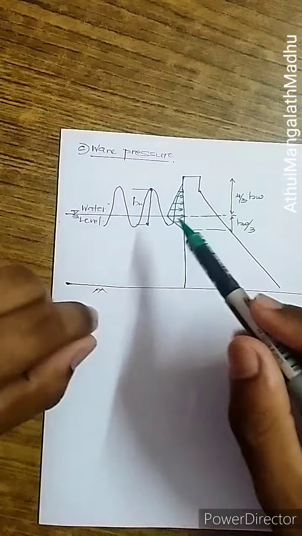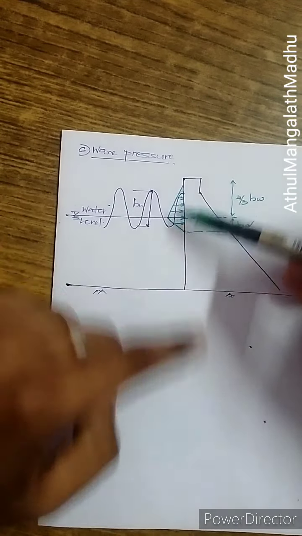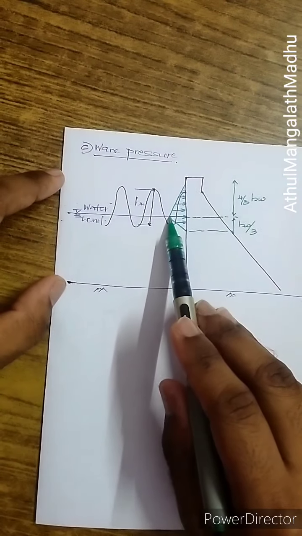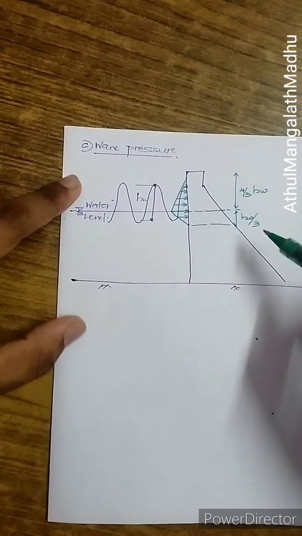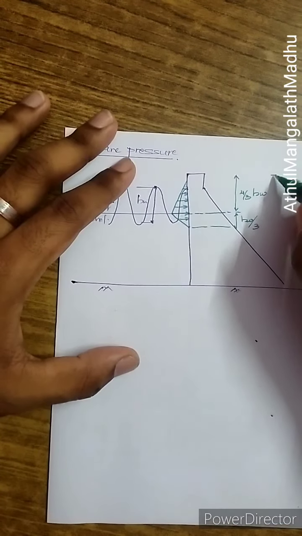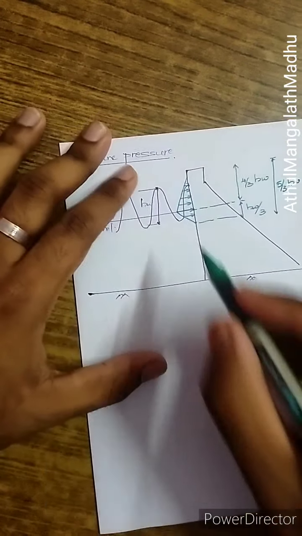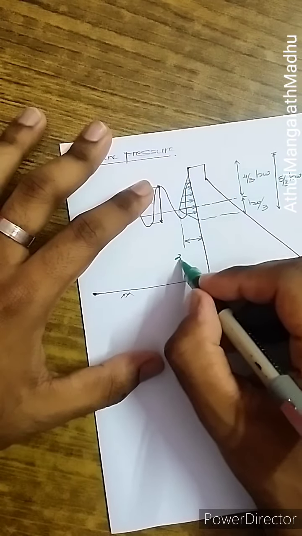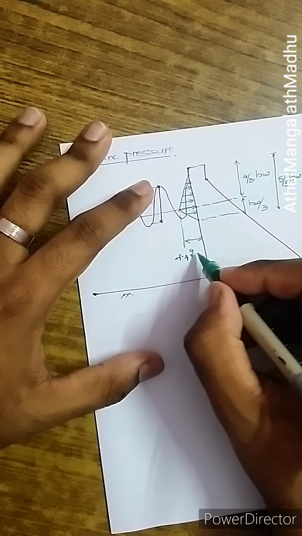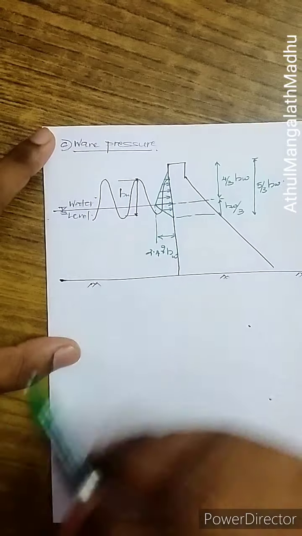So after conducting different experiments, they have found that the impact of this wave is like this. You have a triangular variation, going up and going down from the peak. This is the peak value, and below the water surface you have HW by 3. Above the water surface you have 4 by 3 HW. So this base has become 4 by 3 plus 1 by 3, which is 5 by 3 HW. And the maximum pressure you have here is given by 2.4 gamma of water into HW. I hope it's clear. It's 2.4 gamma into HW. That's the maximum peak pressure.